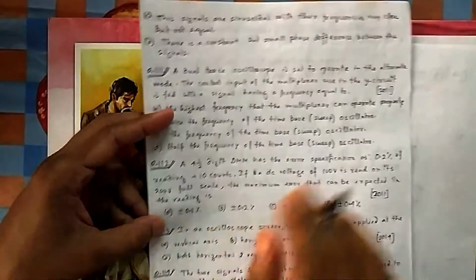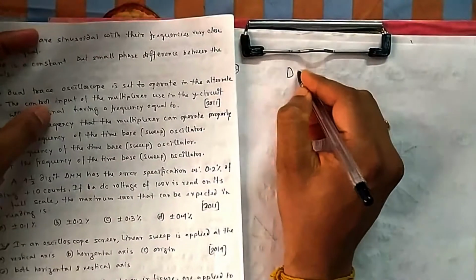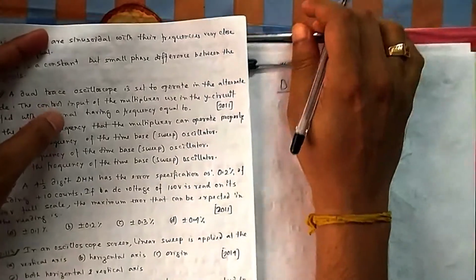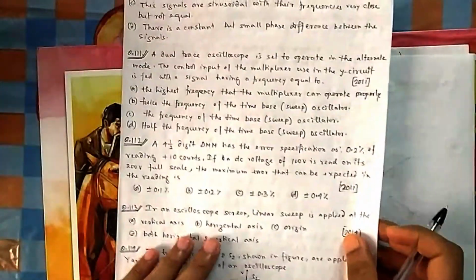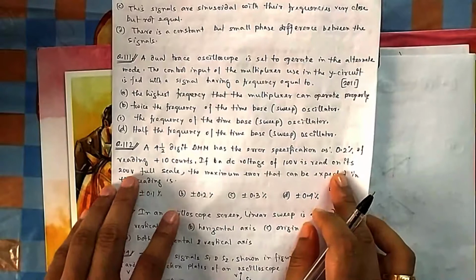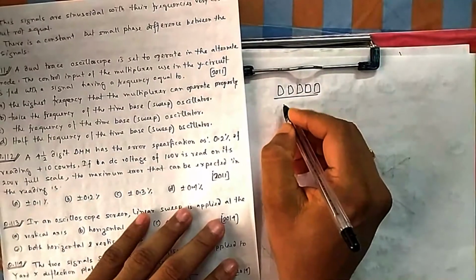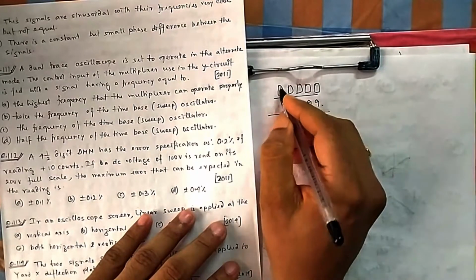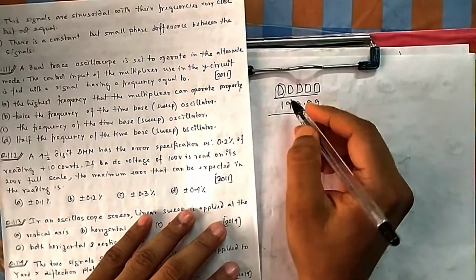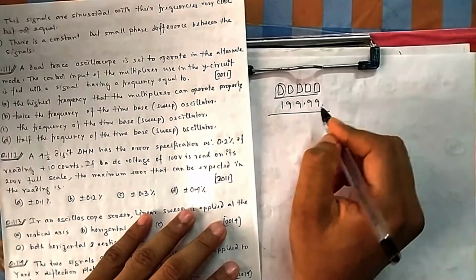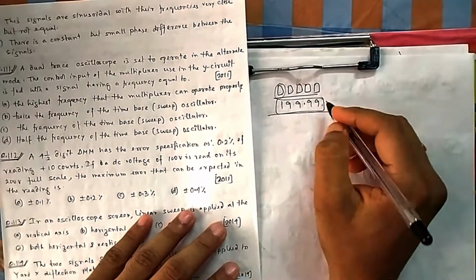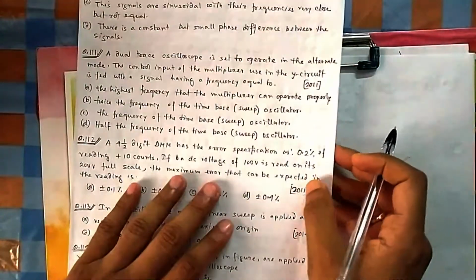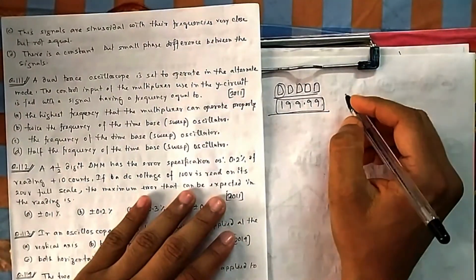In 4.5 digits, what does it mean? The first digit should be 0 or 1, and then 9s. So how will it measure? Suppose it is measuring, they are saying the maximum is 200. So how will it go to 200? It can go up to 199.99. 4.5 you know, because this can be either 0 or 1, and this is 0 to 9, 0 to 9. So this can be the measurement. Okay, so this much measurement it is doing at maximum. But here it is going up to 100 volt. 100 volt you can think of this way.